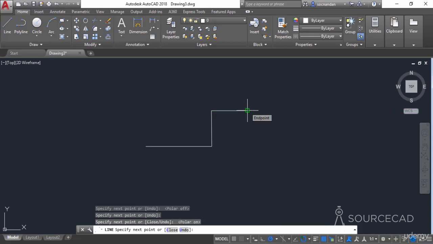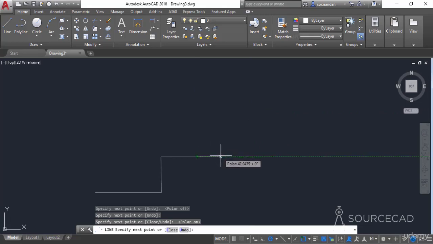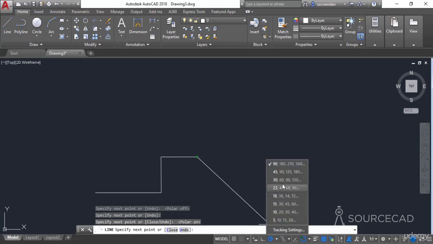In this case, you can see that the tracking vector is only in the horizontal or vertical direction. We have it after an interval of 90 degrees, but you can change that. Let's say that we want this tracking vector to appear after an interval of 30 degrees. For that, click on the small arrow right beside polar tracking and change it to 30.